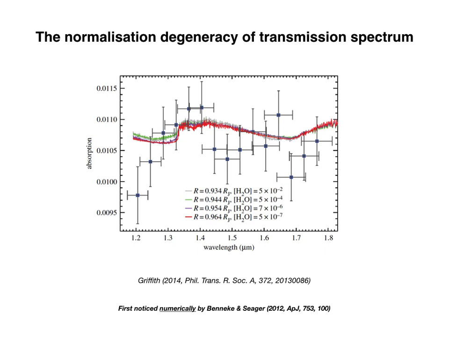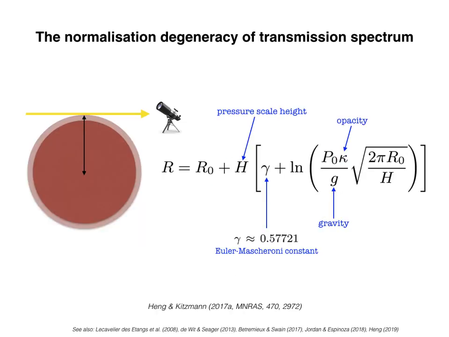But they did not provide a theoretical explanation for it. So in the following, I'm going to provide you a theoretical explanation. It turns out that if you accept certain assumptions, meaning that if you accept that the line of sight that defines the transit radius, colored in yellow in this cartoon, is isothermal, meaning it has the same temperature, and you assume that it is isobaric, meaning that it probes roughly the same pressures, then you can actually derive a closed form solution for